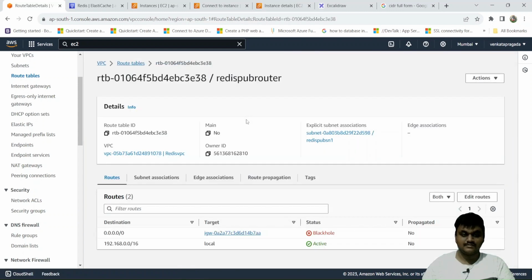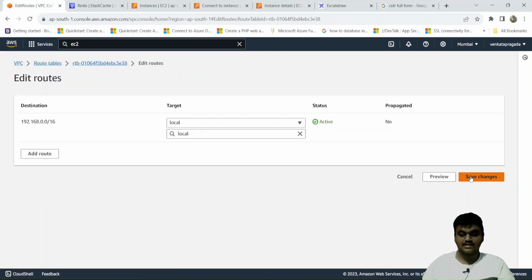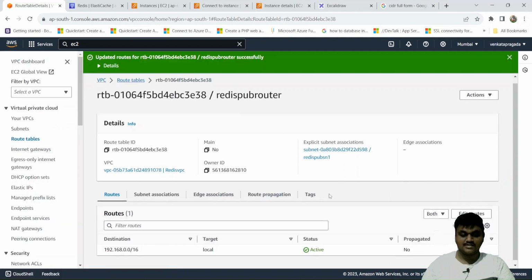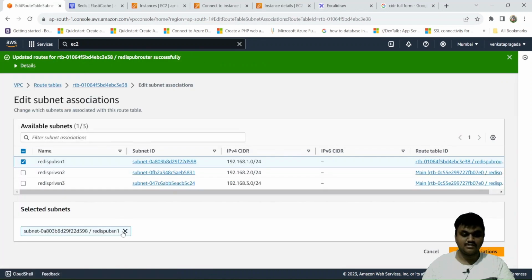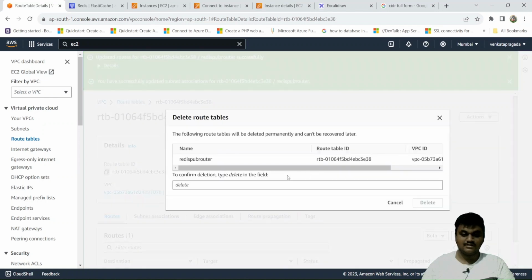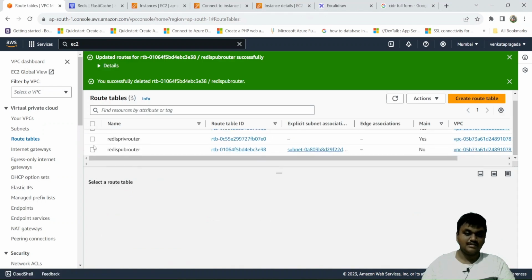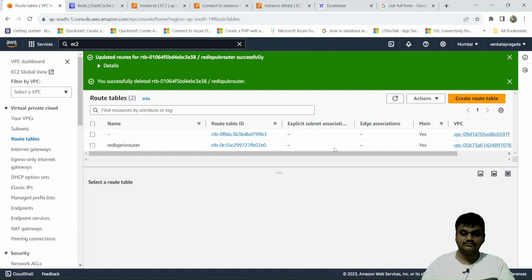Okay, first go to this route table and remove this internet gateway. Then save changes. Then come to the subnet associations, edit the subnet associations, remove this one and save associations. After this, come to the Actions and delete this one. It is asking for confirmation, delete. Okay. Then the public route table is deleted. Then come to the